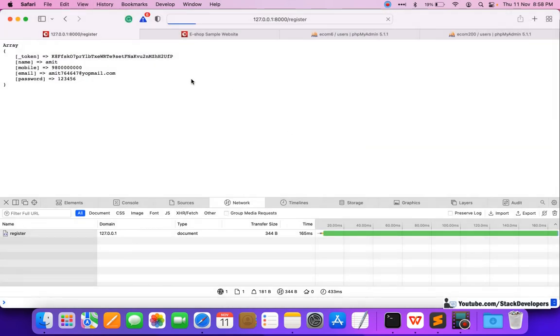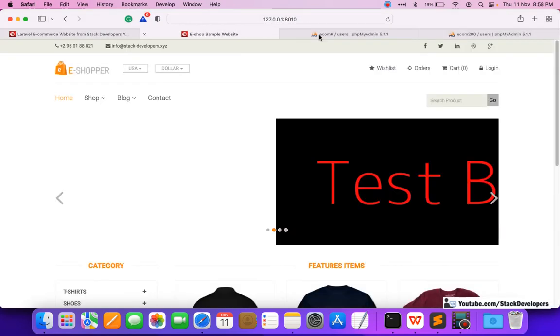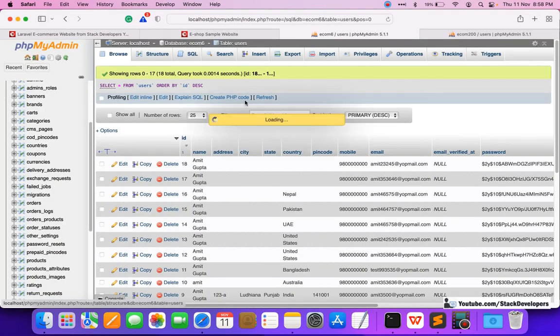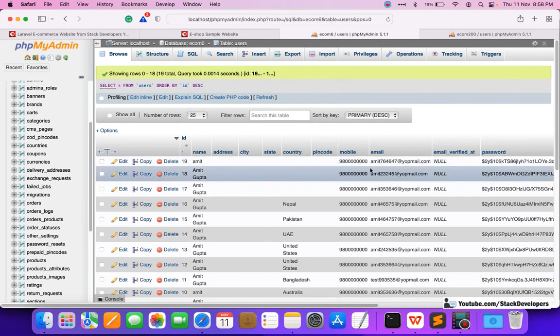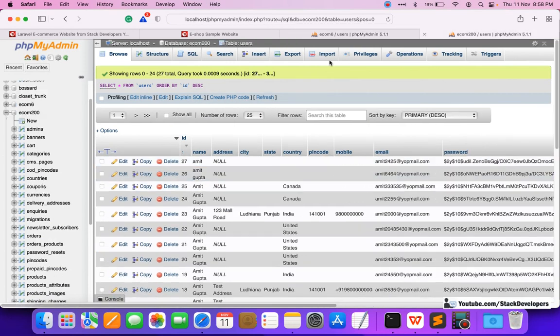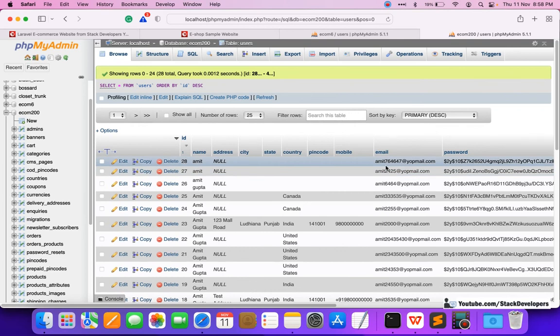This email ID must get registered in both websites, Amit7646 something. I'm going to check both databases now. Amit7646, okay, it is fine. And here also, yes, we have got it, Amit7646. So the ID has been registered at both websites.